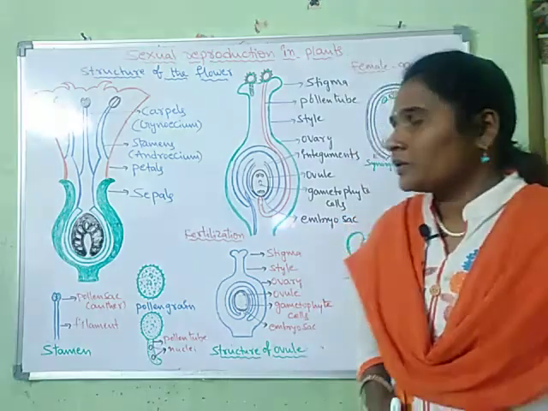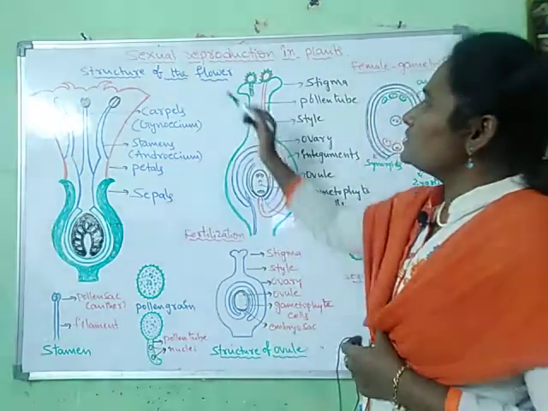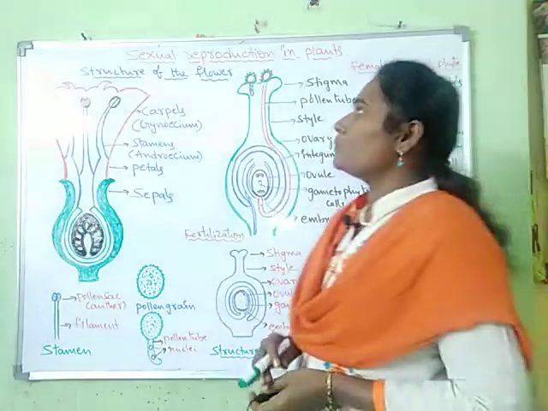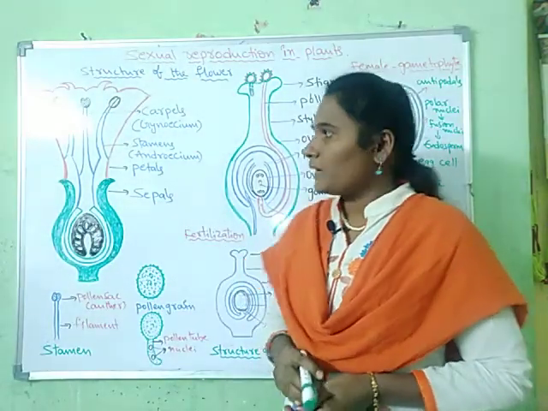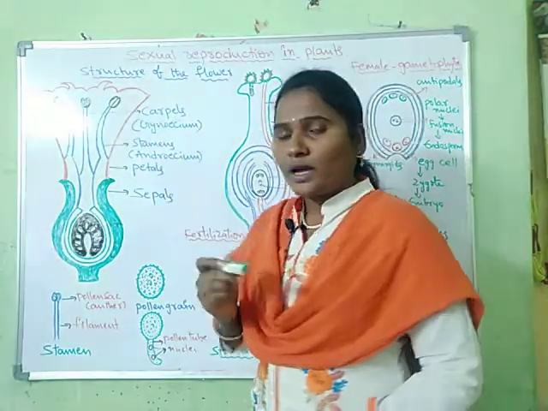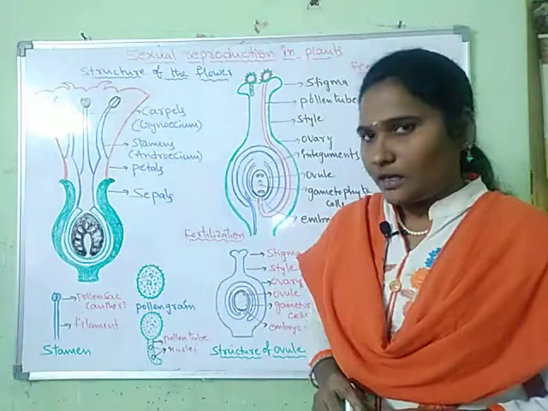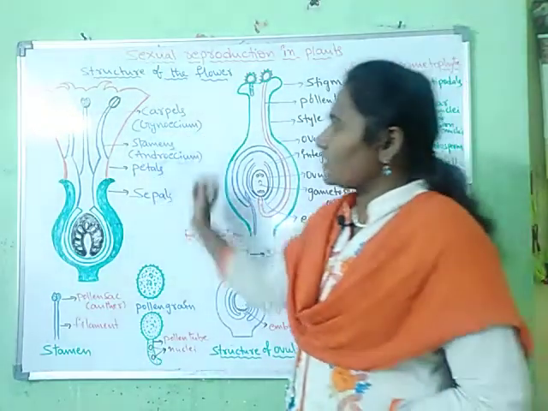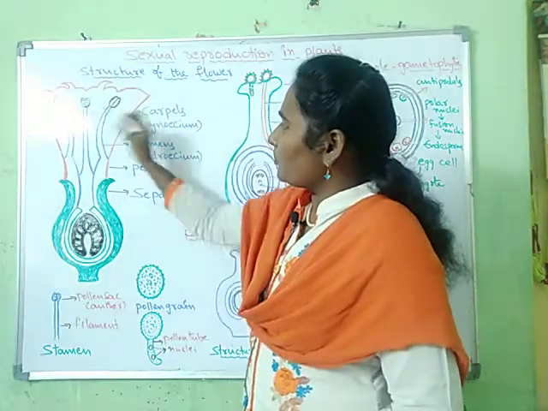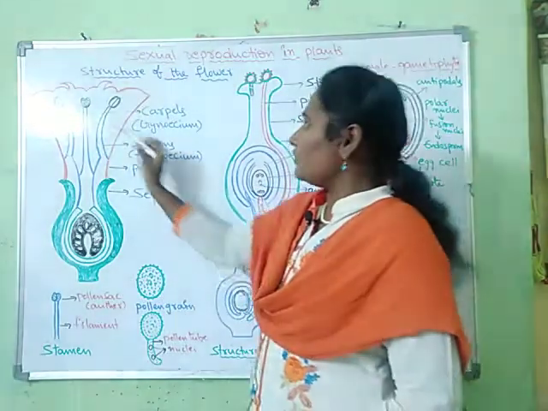Today we are going to discuss sexual reproduction in plants. The sexual reproductive parts of the flowering plants are located in the flower. As you have studied in your earlier classes about the parts of the flower, here is the structure of the flower. The main parts of the flower are